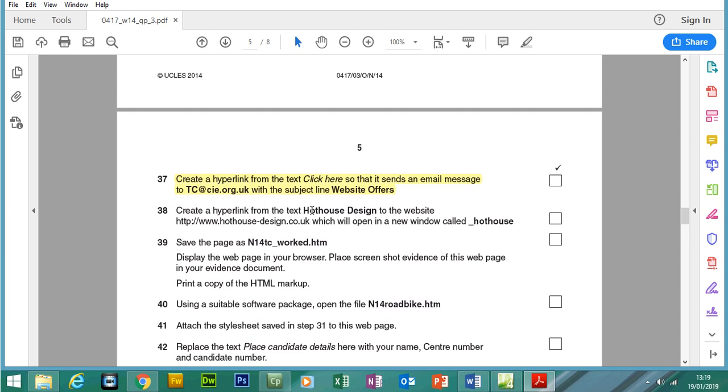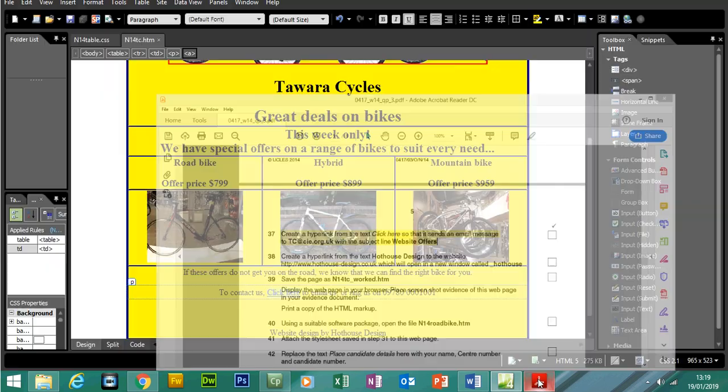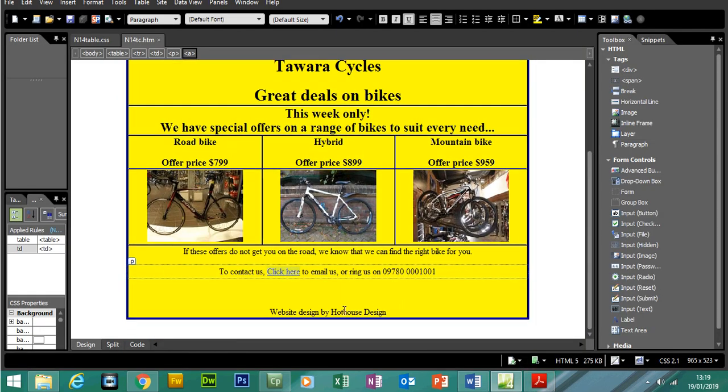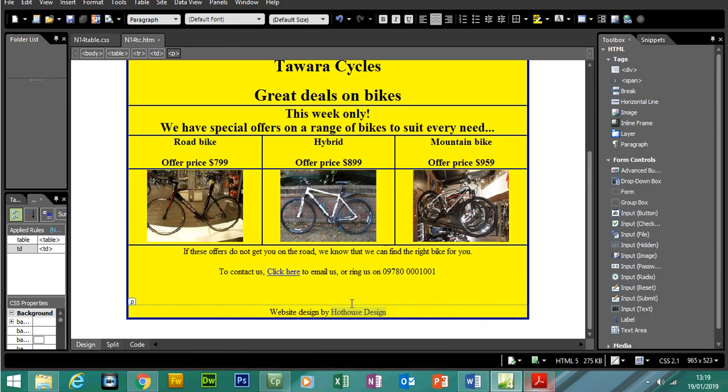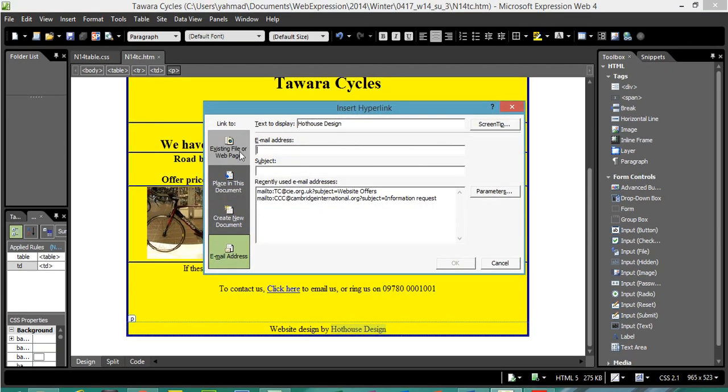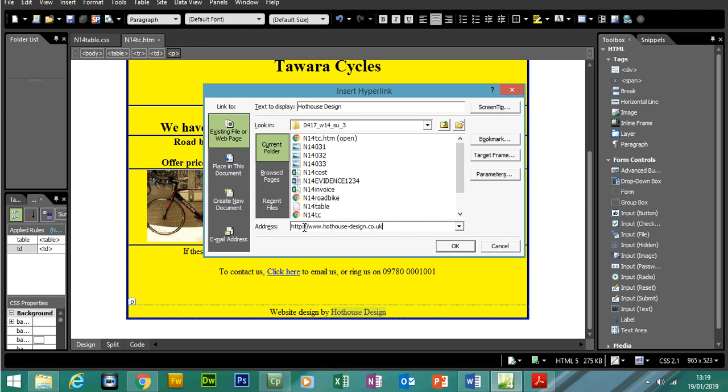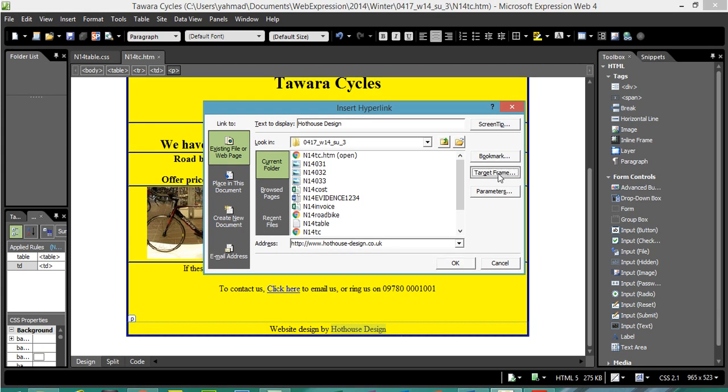Now we're going to create a hyperlink from a text, hothouse design, to the website. So where's hothouse design? So here's hothouse design. Okay, to the website. So let me copy this whole link first, which will open in a new window called _hothouse. So to hyperlink this, we can highlight the text, click on hyperlink, existing file or web page. Let's type in a full address. Make sure you include http://